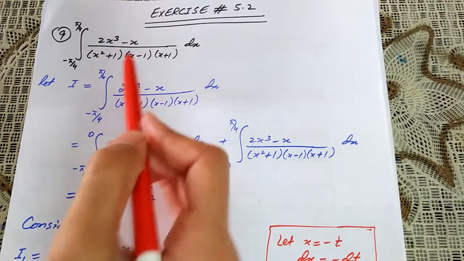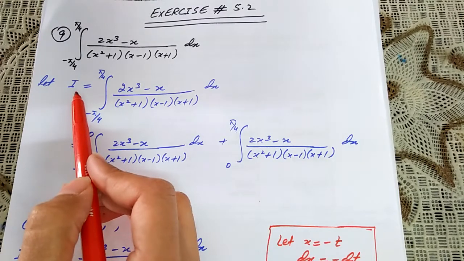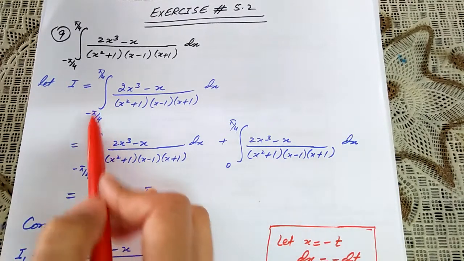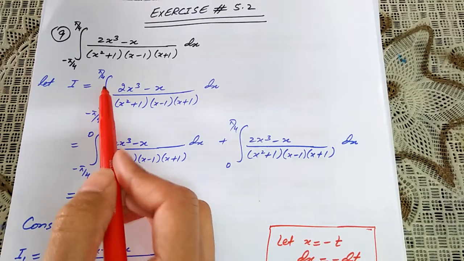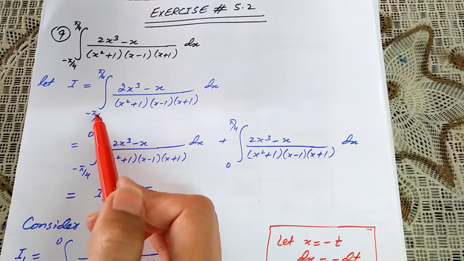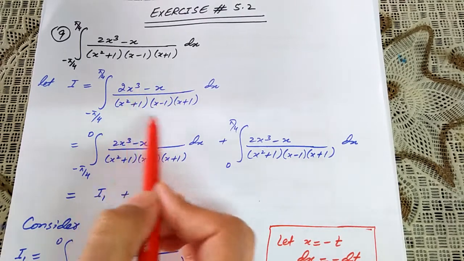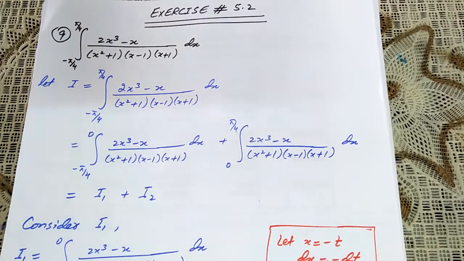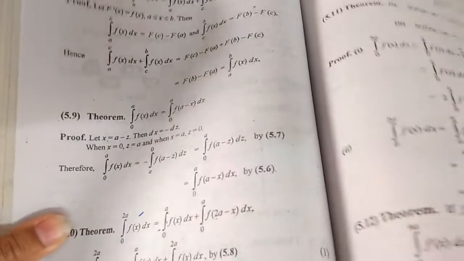Let's suppose this integral is equal to some alphabet. Let's just name it I. We know that we can break our limits of integration into two parts, and by breaking the limits of integration into two parts, we can get two integrals out of this one integral, using theorem 5.8 of your book, that is given on page number